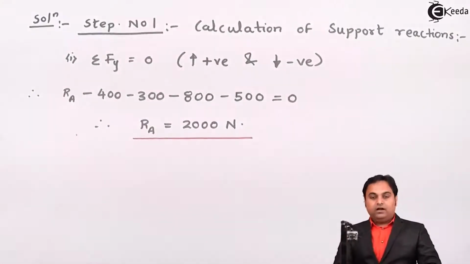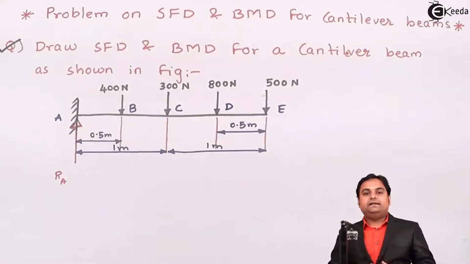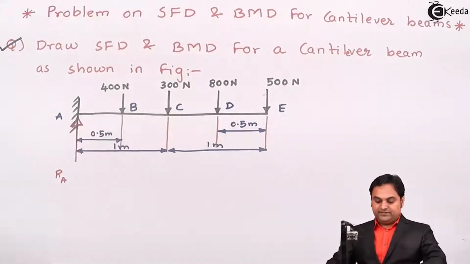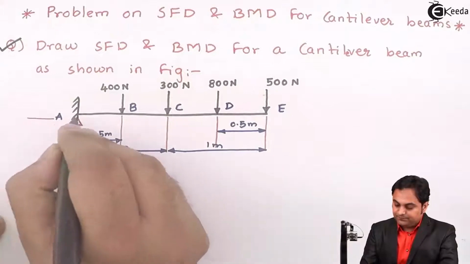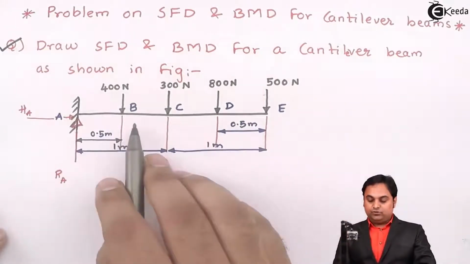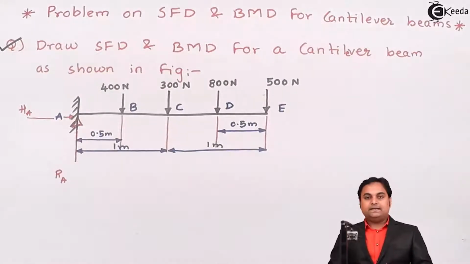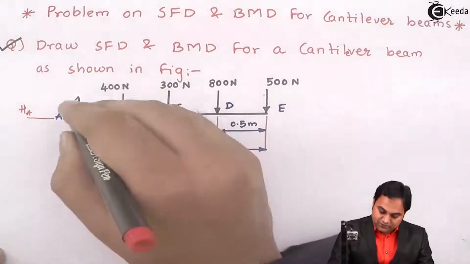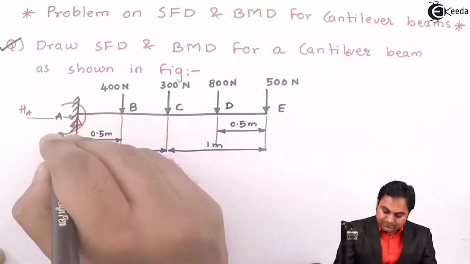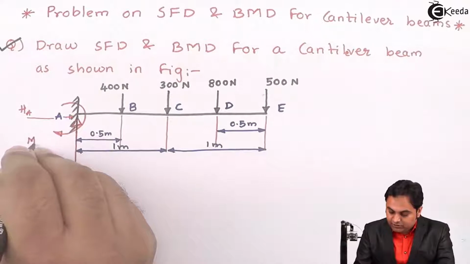Next, since the beam is fixed, in case of a fixed beam there are three types of reaction. First is the vertical reaction as we see here. Then there is horizontal reaction, which will be called HA. In this case there are no horizontal forces acting on the beam, so this horizontal reaction will be 0. At the same time, there will be a moment acting, and I am assuming that moment to be acting in